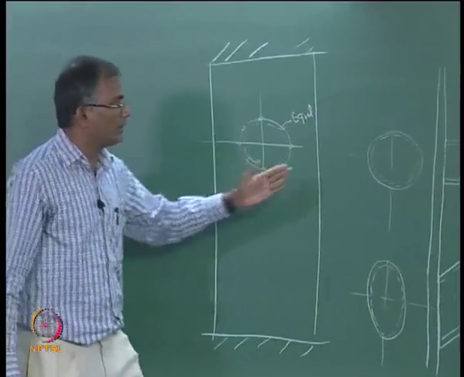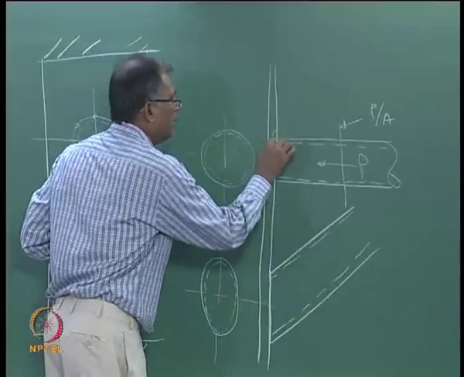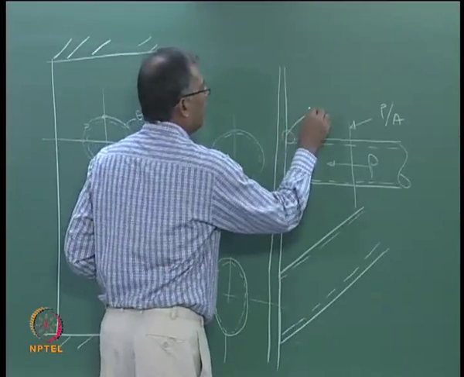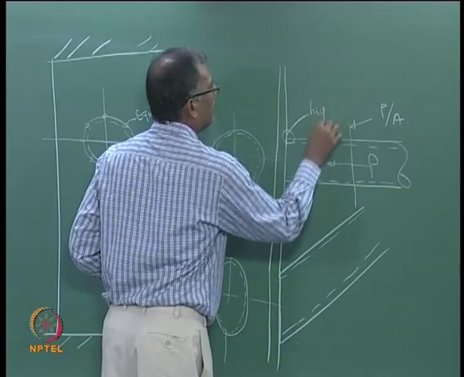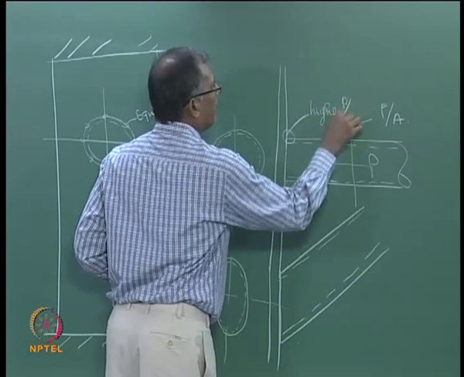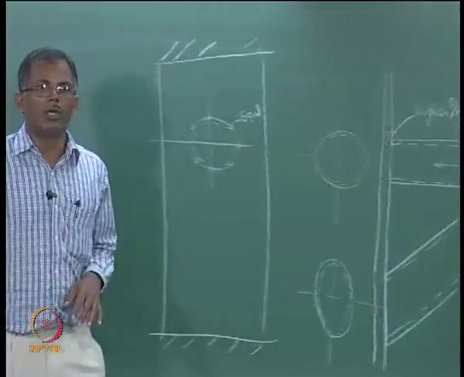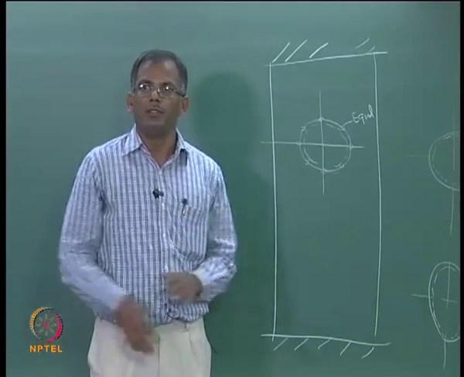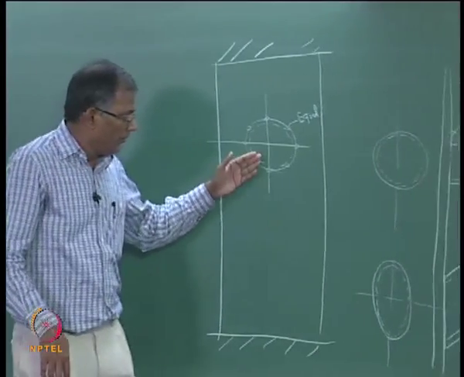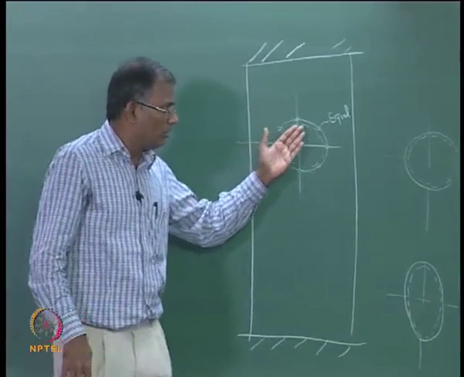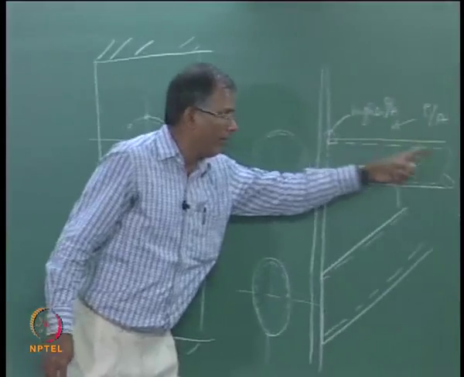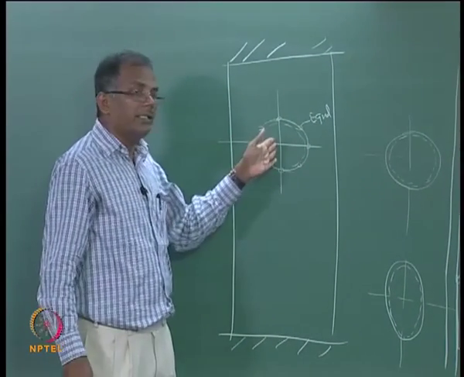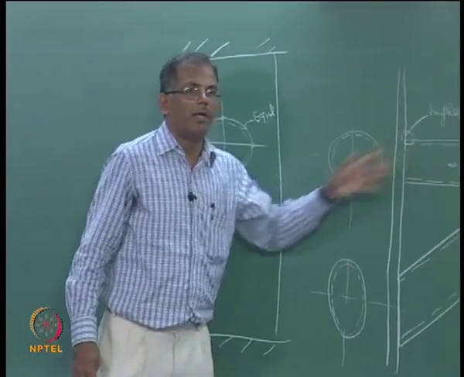But when you come to the intersection nearby, there is a 90-degree change in the geometry of load transfer. You may see that this may be slightly higher than P by A, a local notch effect, a geometric effect, because it is trying to transfer the load by changing load direction. So the understanding here is, the load is same, the cross section area is same, only because of a 90-degree transfer I have a slightly different stress.